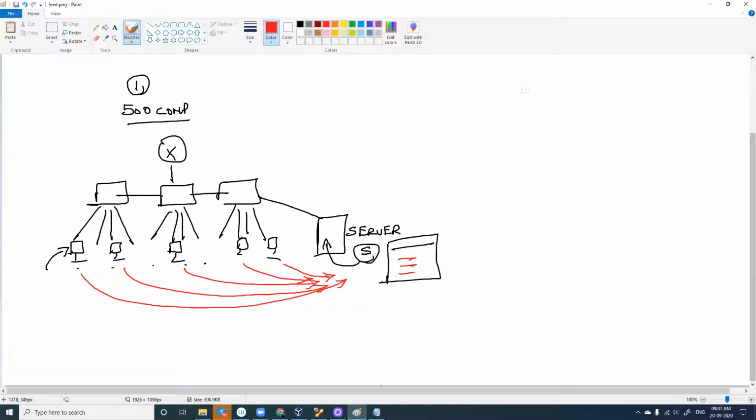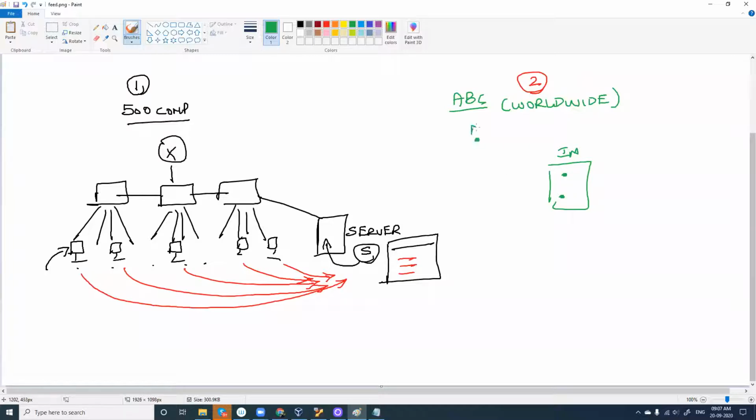We'll go for scenario 2. In scenario 2, there is a company called ABC. ABC has branches worldwide. For India, they have two branches here, one in Delhi and another one in Bangalore.